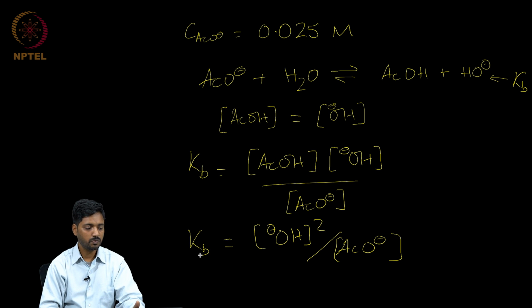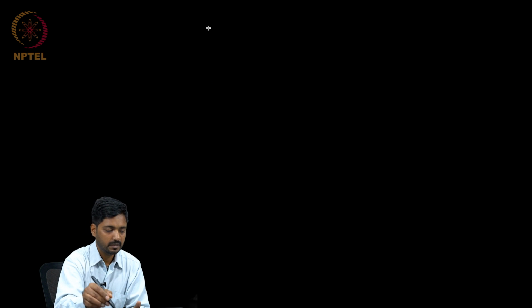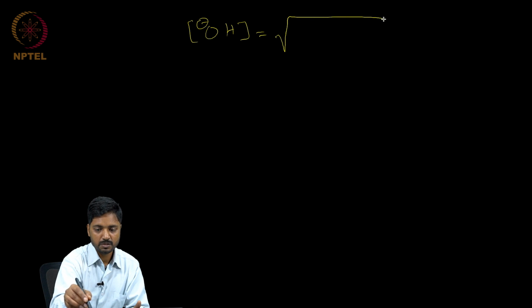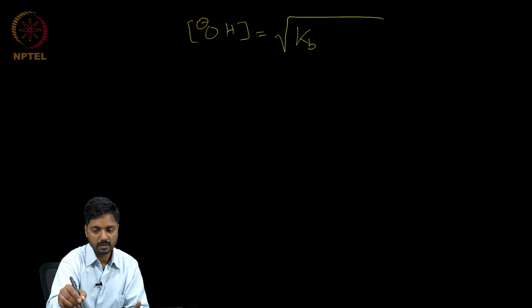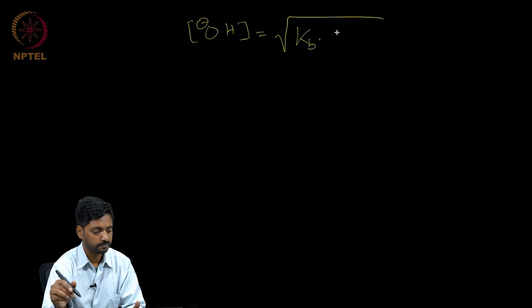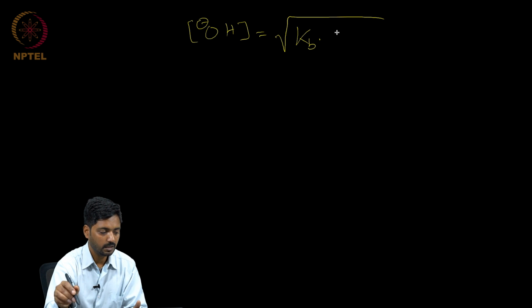Now, as we solve this, what we get is that the hydroxyl ion concentration is nothing but the square root of the Kb into the concentration of acetate anions,